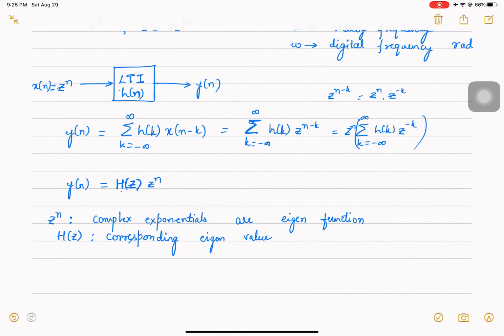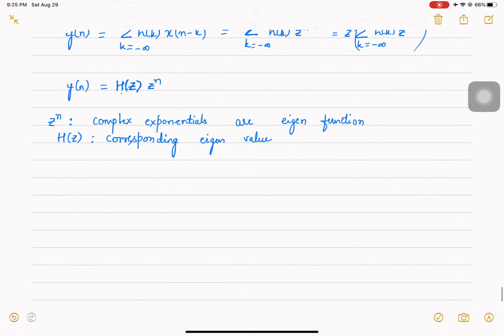What happens is the output will be of the same form, except that it will be scaled by a certain amount whose value depends on z, in this case s in the continuous time case. Okay, so this h of z, this relation,